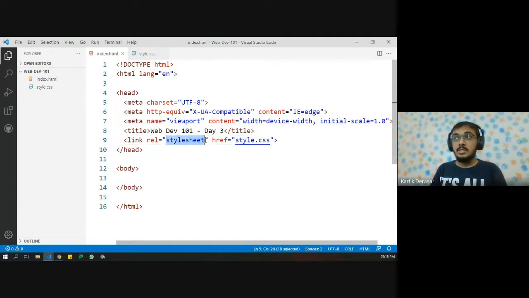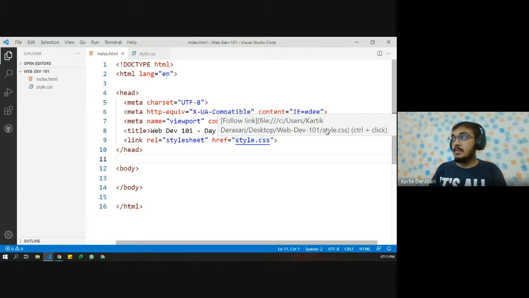This is style sheet, so that the browser knows what it is. And then we have href, which we discussed yesterday, that it is an HTML attribute when we need to pass any kind of path, right? So we have passed the path. You can also see that it's having web101 hyphen slash styles.css.